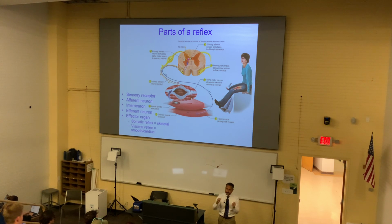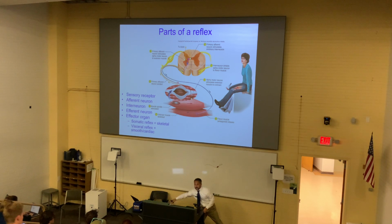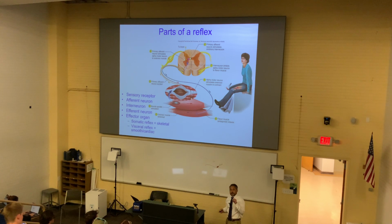But that's a reflex. So we have the different parts. We have the sensory receptor. We have the afferent neuron. We have this interneuron. The interneuron is like an association neuron or a connecting neuron. They're typically found within the central nervous system. Interneurons almost exclusively are within the central nervous system. Then we have an efferent neuron that leaves, and this is all happening within the horns in the gray matter,